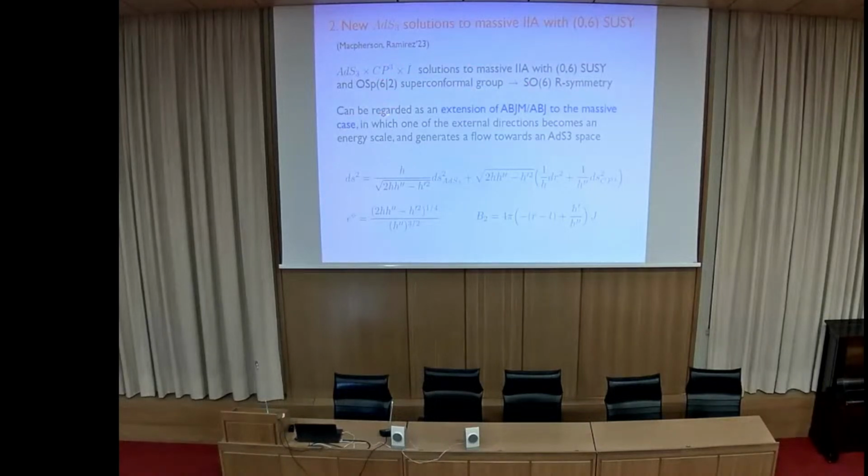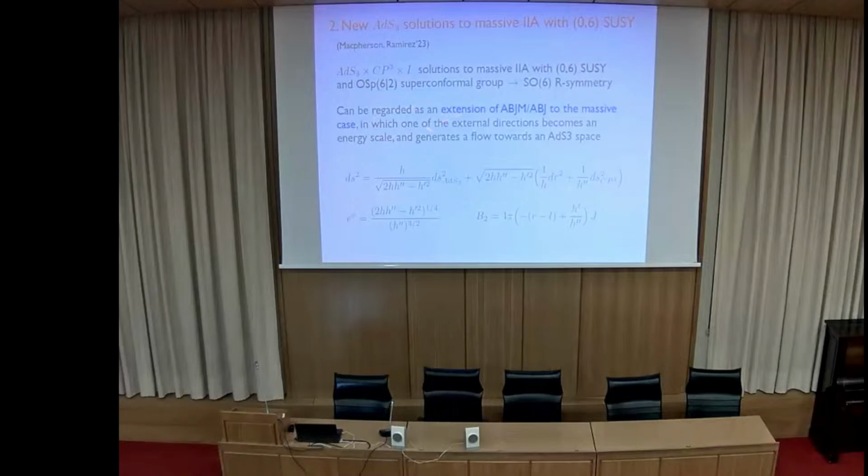I'm going to argue that these solutions can be regarded as an extension of the ABJM, I will be saying ABJ, extension, rather, to the massive case, introducing the D8 branes. This will